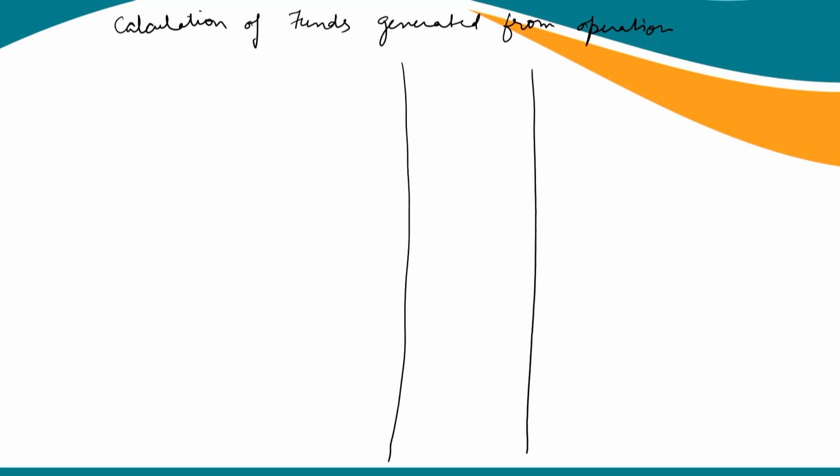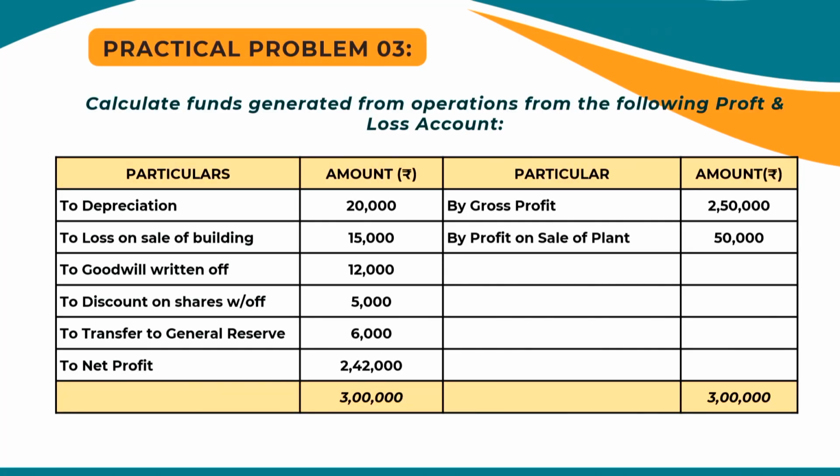funds generated from operations, we have three different columns. One is with regards to the details, and then another column is of final amount. Here we will put the particulars. You can draw the three columns and can solve it easily using the statement in the question which is given,